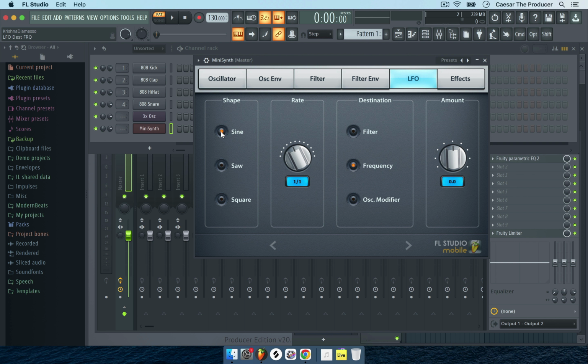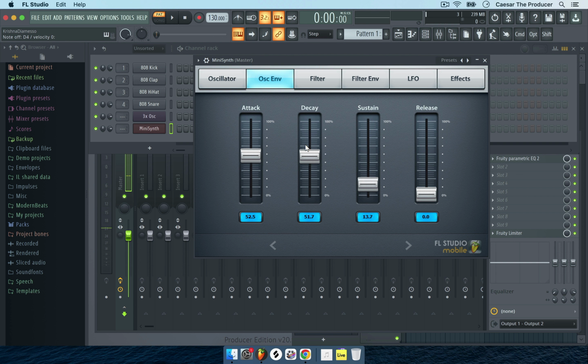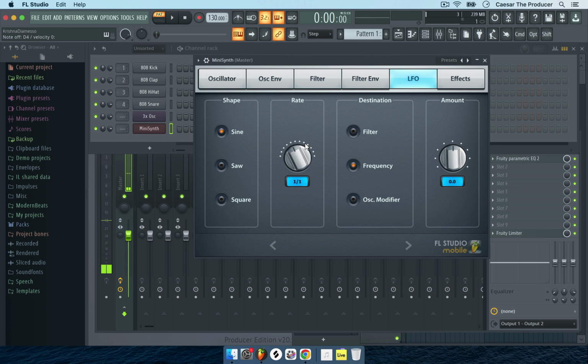Let's select sine, and usually the sine wave is the one that is curvy. I would say that's the most basic one. If I play right now, you're not going to hear anything. What I'm going to do is let me sustain it, and let me play. Okay, that's good. Right now you're not going to hear anything because this amount over here is at 0. So now if I increase it,